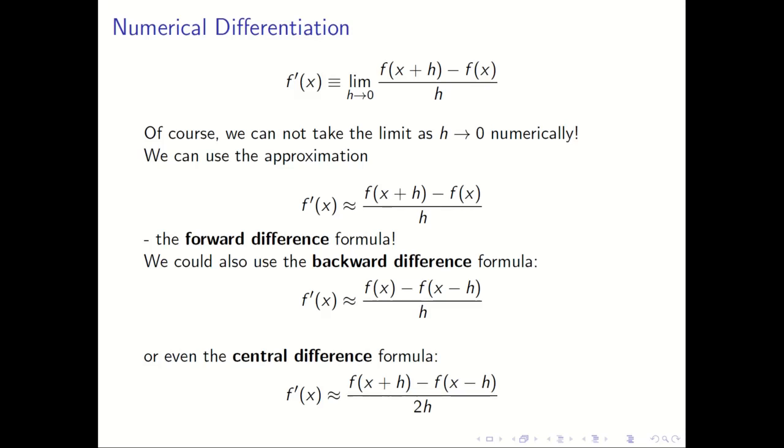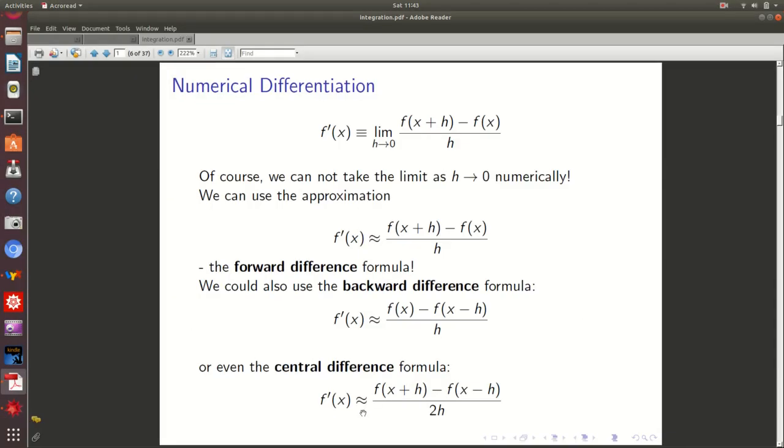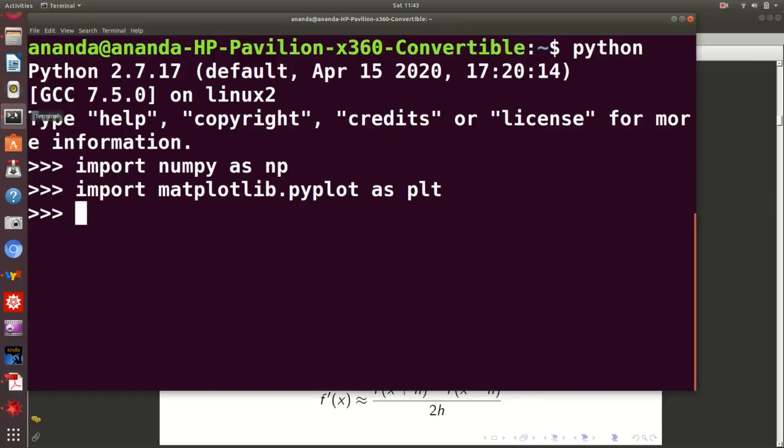So let's first try to see how to implement this f of x plus h minus f of x by h, the forward difference formula, using Python. Let's go back to my Python interpreter, where, as you have seen, numpy is already imported. Let's say I want to differentiate a function which is, let's say, sine square x, and I'm using the lambda keyword to define a function which essentially says f is the name of an